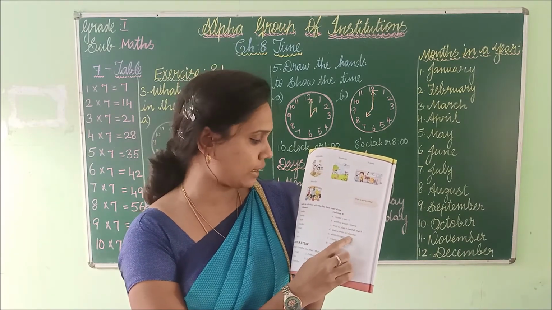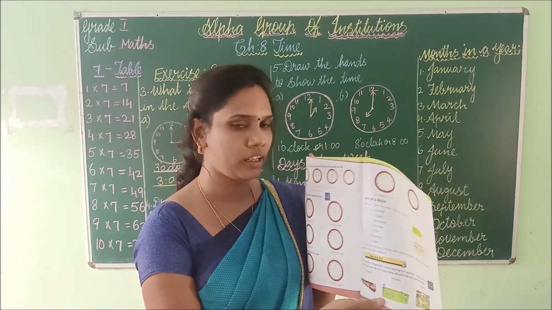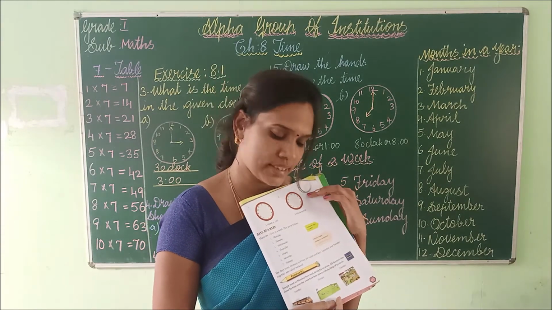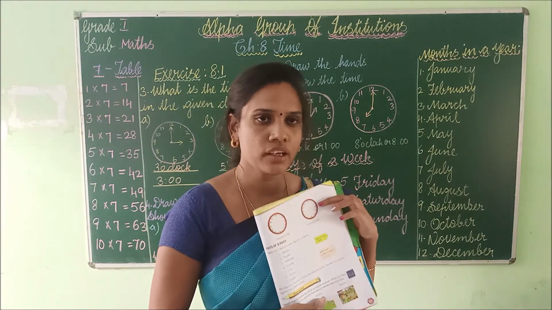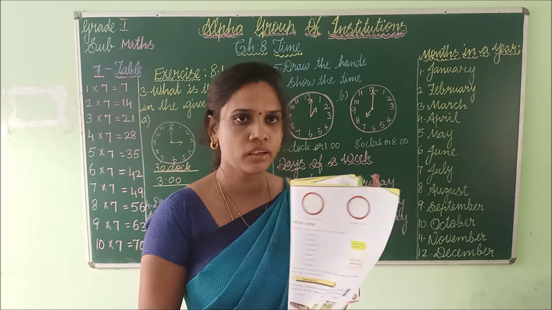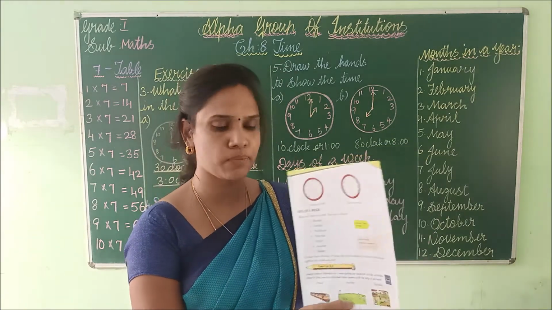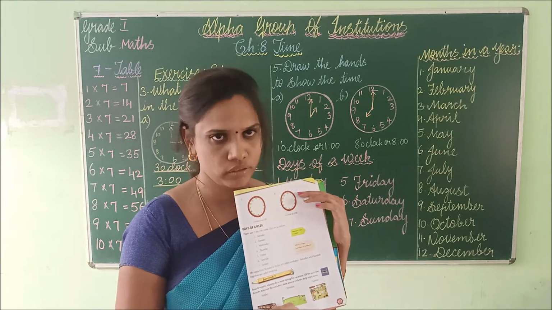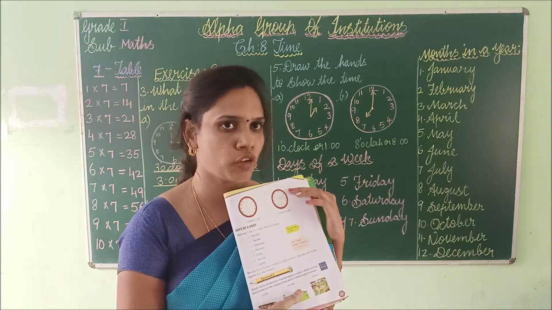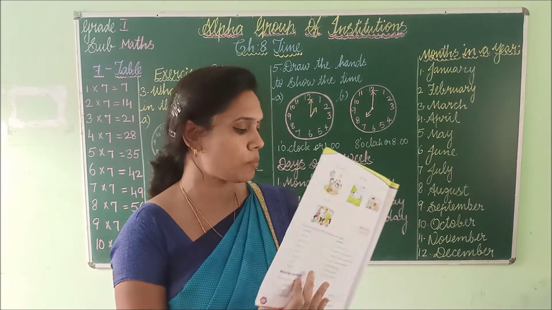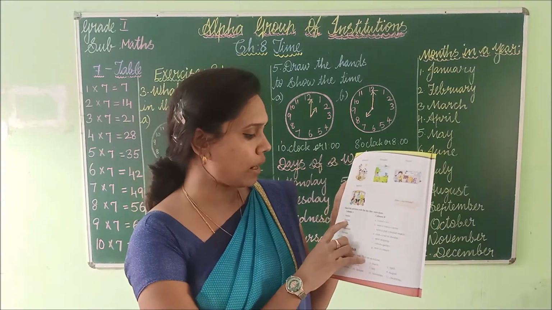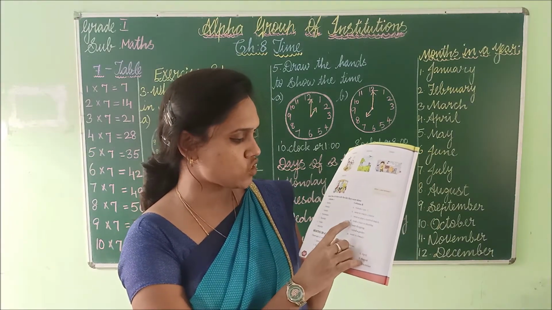Okay, match it correctly. What is the second activity? What is the next day? Next day is Monday. So what is he doing on Monday? See, here they have given what that boy is doing. He is playing football. So match the answer here correctly. Monday, here is the answer. Match it correctly.